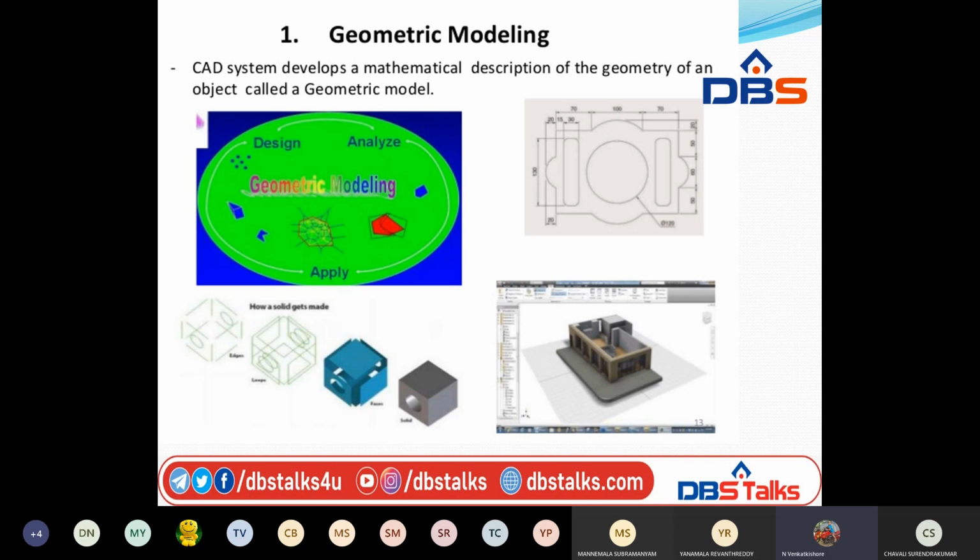Apart from these dimensional types of CAD system, in addition there is wireframe modeling, surface modeling and solid modeling. These are all representations of geometrical modeling.